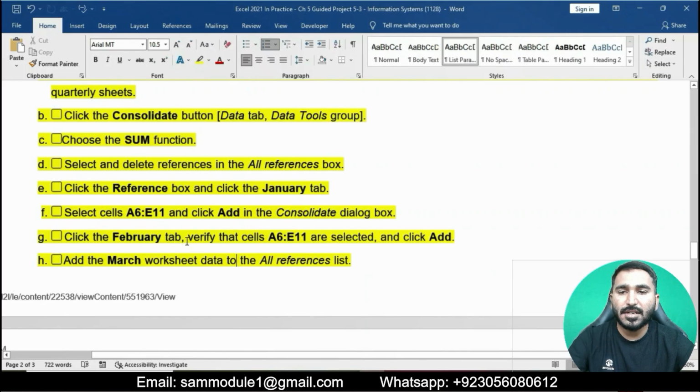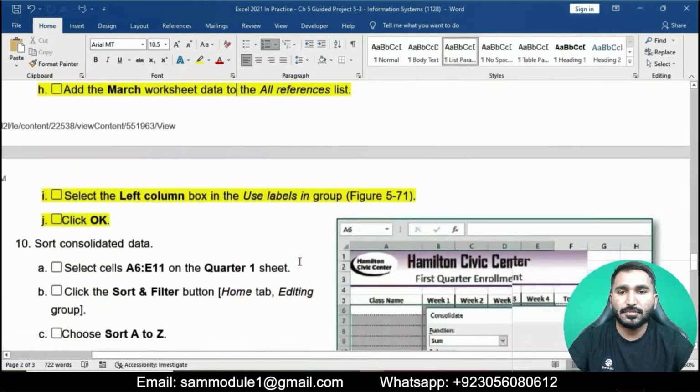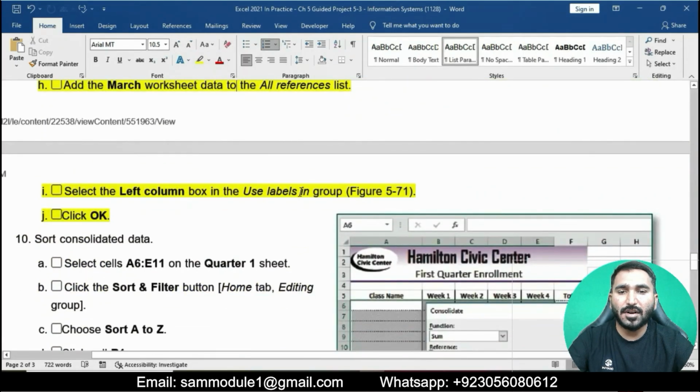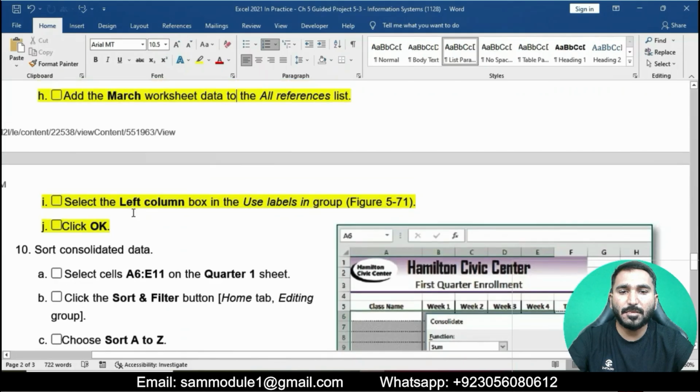Point G is to click the February tab, verify that cells A6 to E11 are selected and click add. Then point H is to add the March worksheet data to the all references list. Point J, select the left column box in the use labels in this group, click OK.